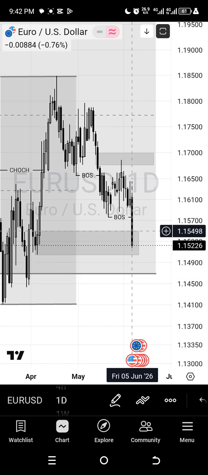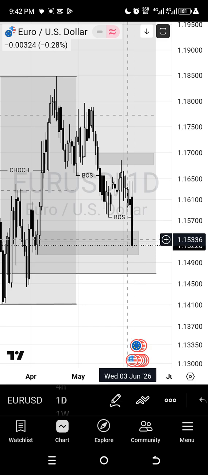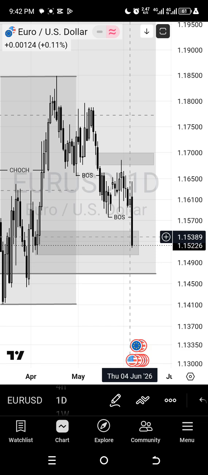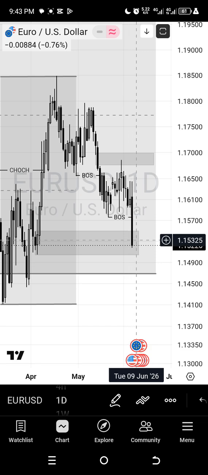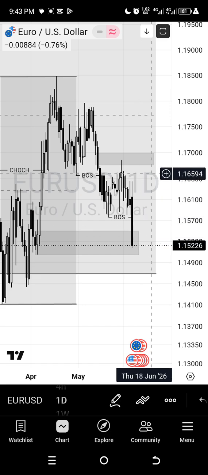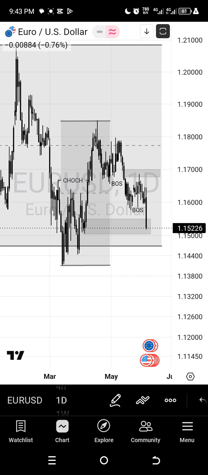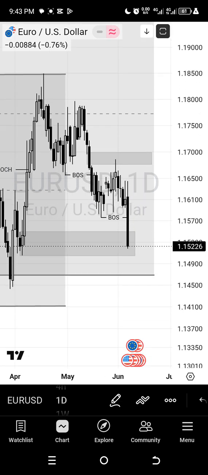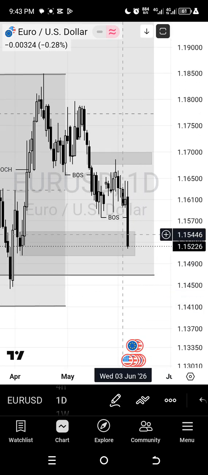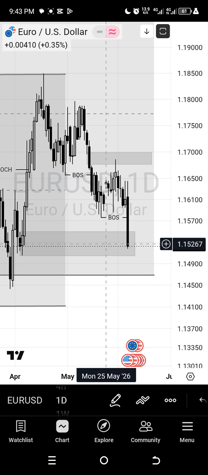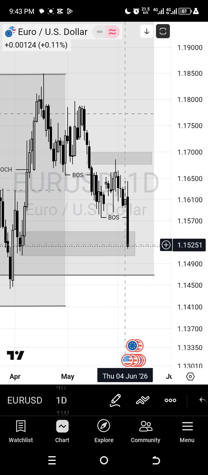This bearish candle was a result of NFP that was released on Friday. So on Monday we should expect the market to sweep this candle and position ourselves on Tuesday. We should expect Monday to sweep this candle, and Tuesday should distribute higher. And we can probably be looking for our 4-hour CRTs too, due to the fact that price is on a daily key level. So that's the logic behind this